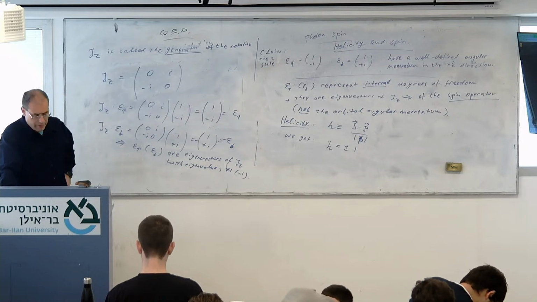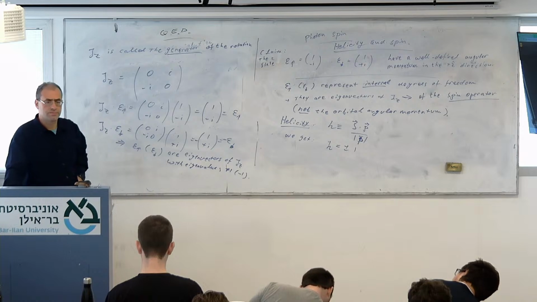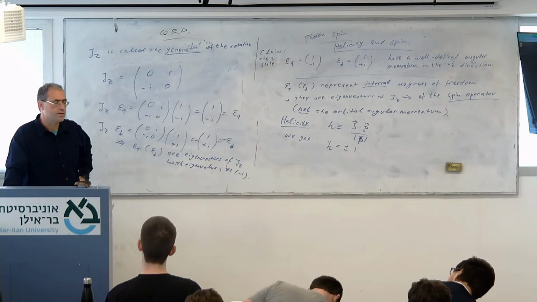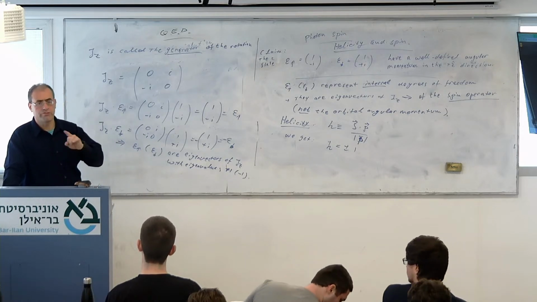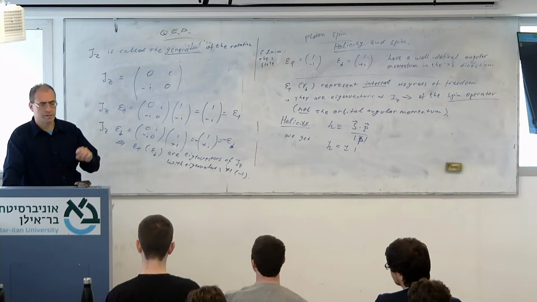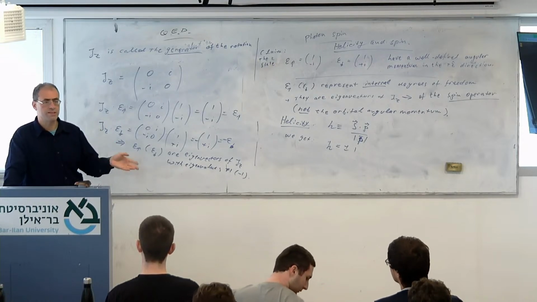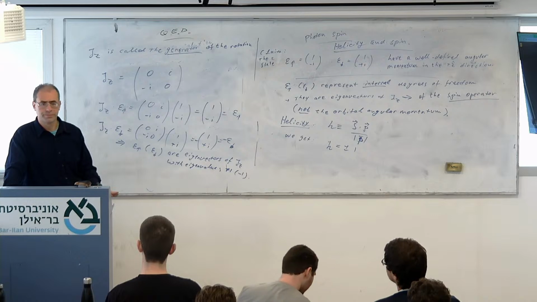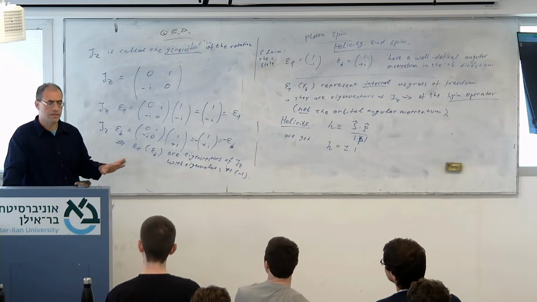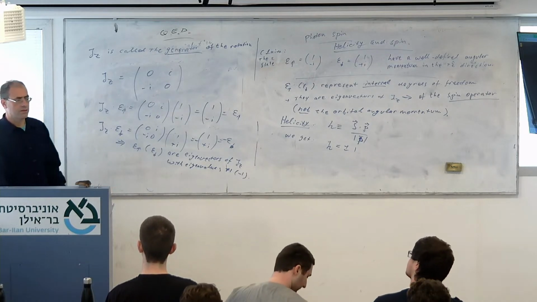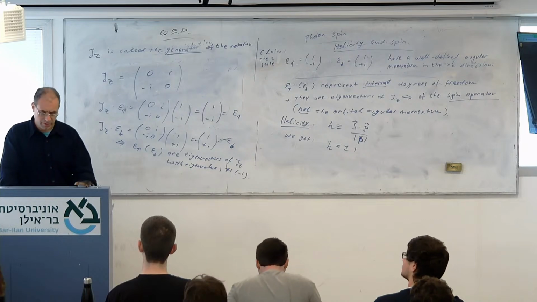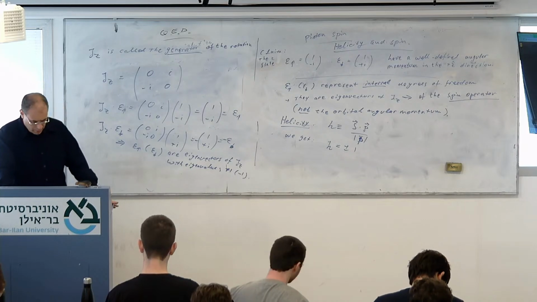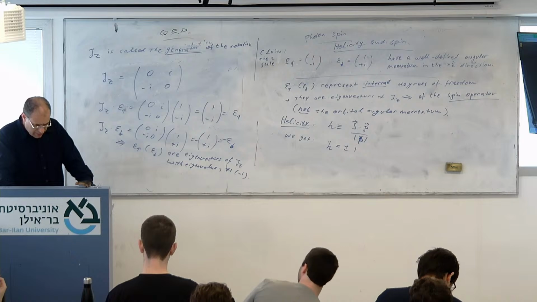symmetries are associated with conservation laws. Basically, it's actually the opposite. Conservation laws follow from symmetries. When we see a symmetry, that means that something is conserved. That's a general result, called Noether's theorem, and a lot of physics can be built on that. That's the first thing. The second thing is that